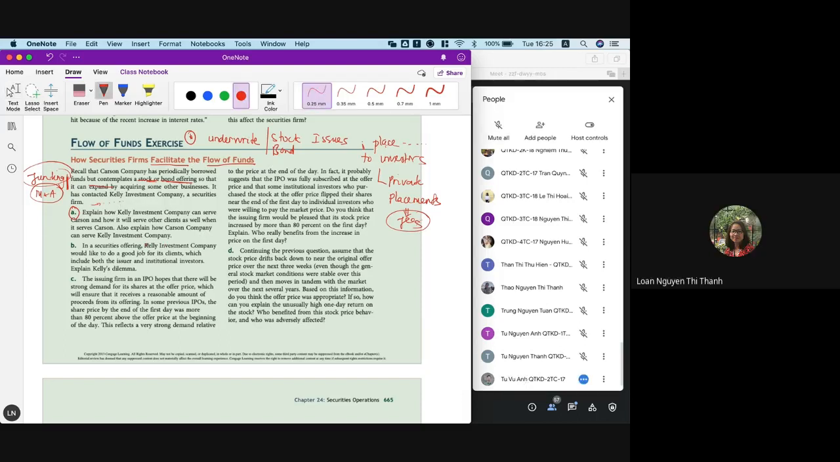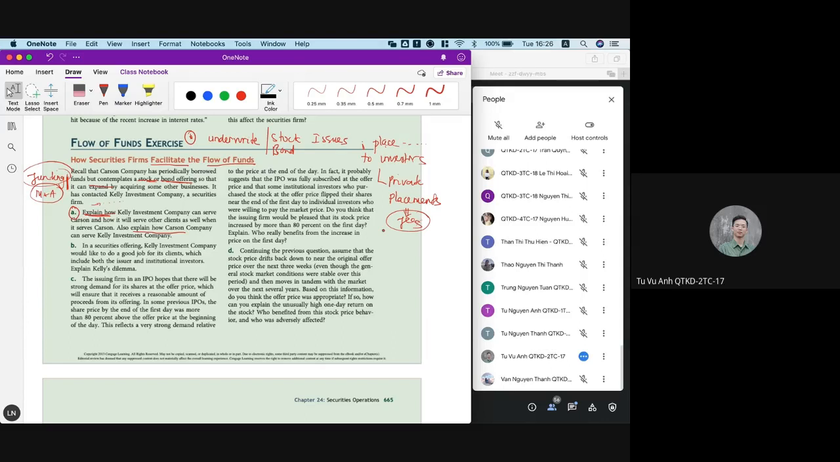How does Carson company serve Kelly Investment Company? Second question. We already discussed how the security firm provides the services to the Carson. In return, how can Carson company serve Kelly Investment Company? Carson gives the Kelly Investment Company their business,